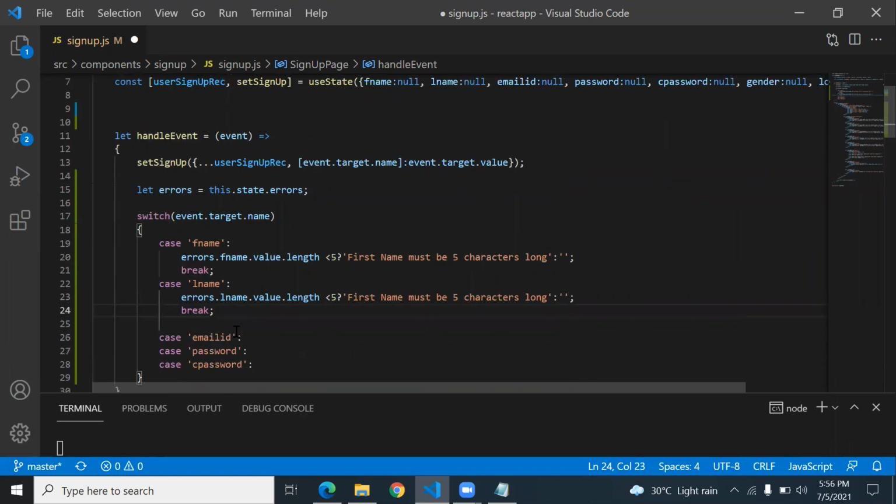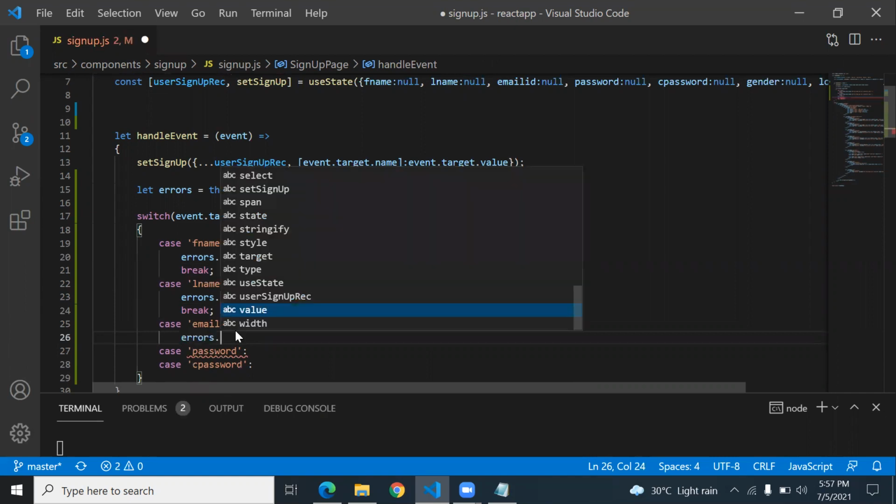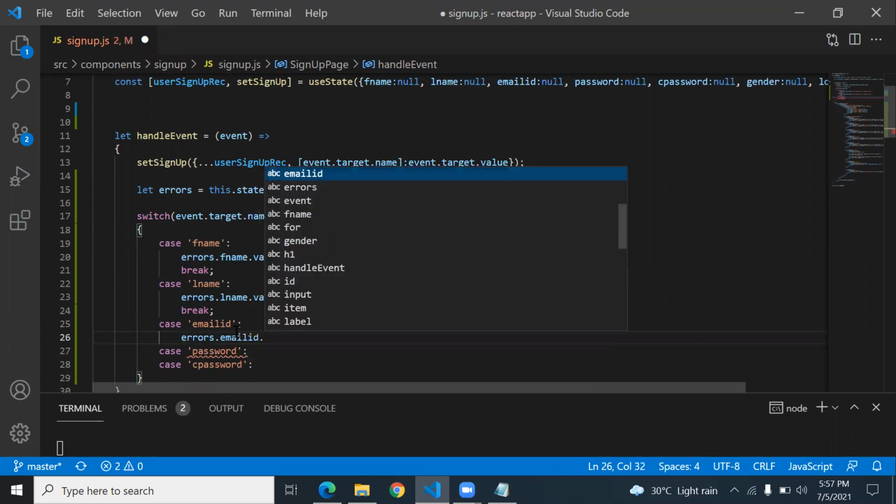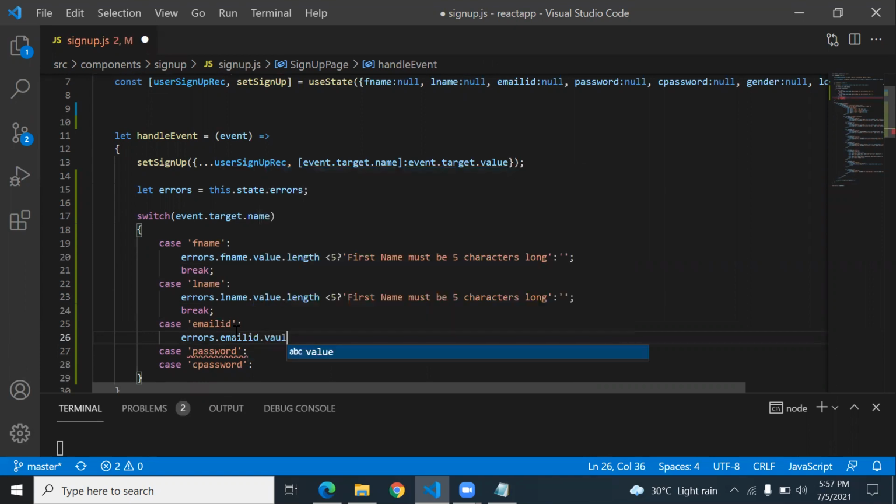For email ID, I check the condition here. For email ID, we can write regex. So errors dot email ID dot value, email ID dot not value.